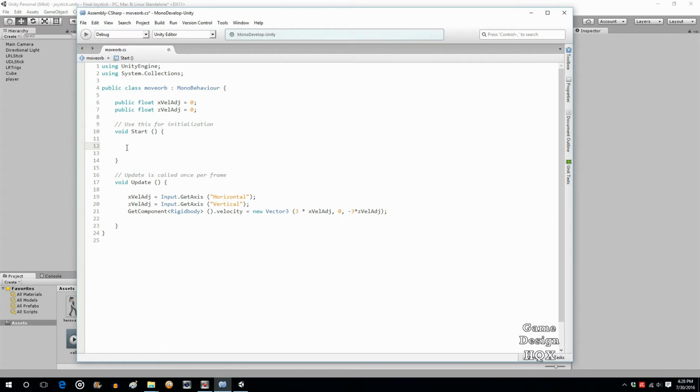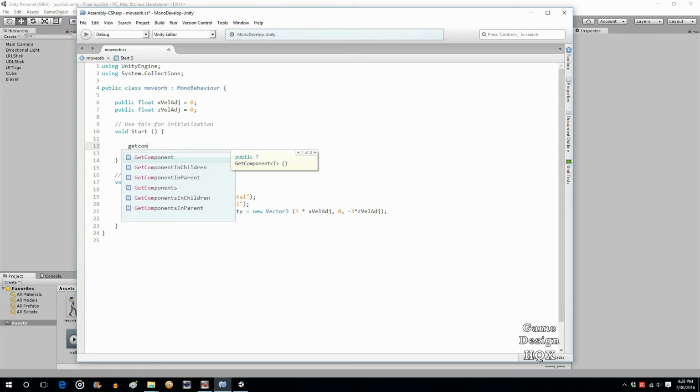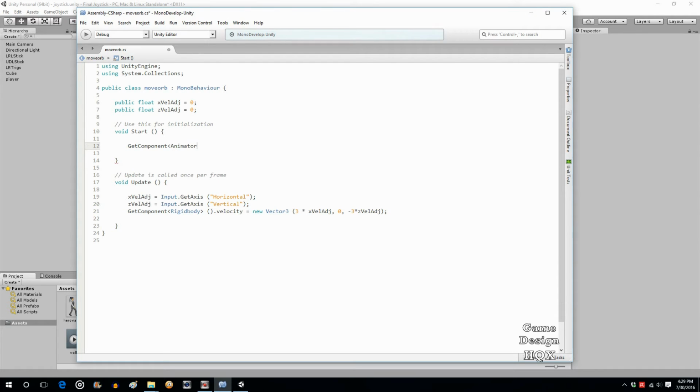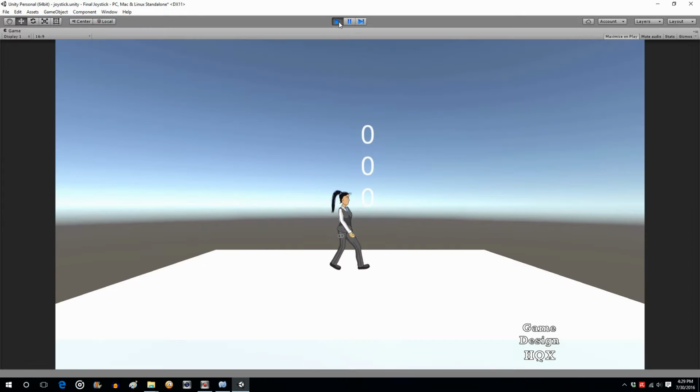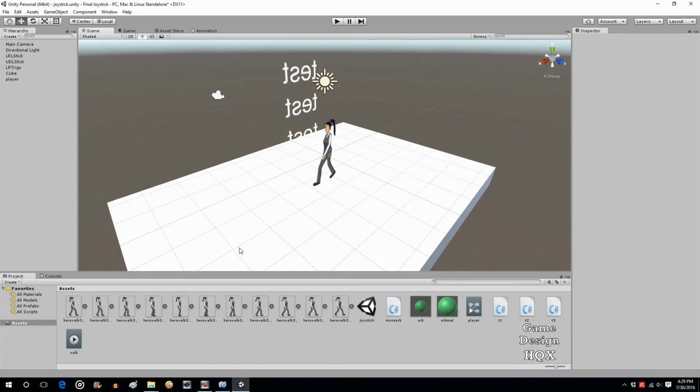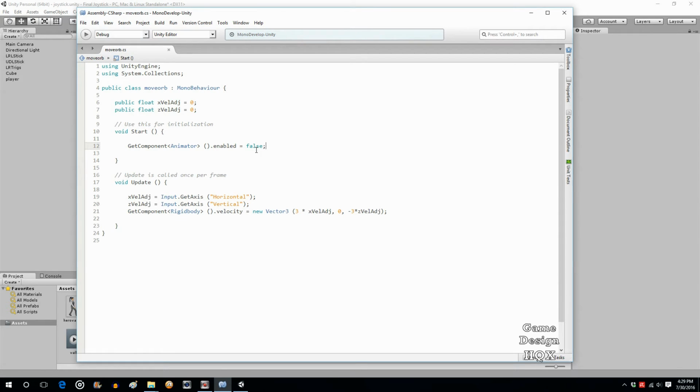So we go into the move orb script, because that's what we're using to animate the object, at least, should I say, as far as applying a velocity. And let's go ahead and add get component animator enabled equals false. So we're saying the animator is not enabled. So let's go ahead and save that. We'll run it. And just like that, no longer animated. So that means whenever we're walking, we want this to become animated. So what we need to do is